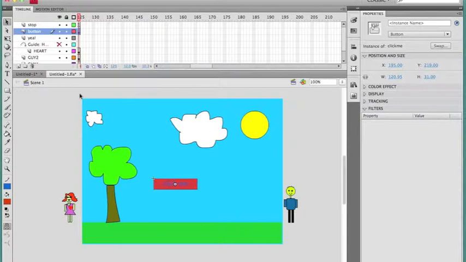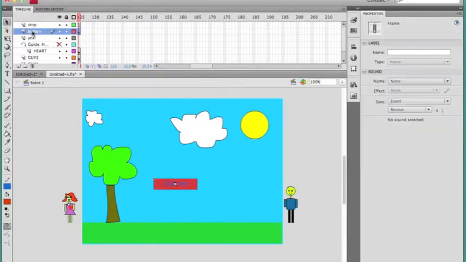Once you've tested out your movie and made sure that your button was working correctly, what you're going to do then is add another button to scene 2, add your stop action, and then you'll end up adding another button to scene 3 that will replay the whole movie. Don't forget again to add the stop action. So every scene, at the conclusion of the scene, you should have a button and the stop action at the very topmost layer so that the movie actually stops,